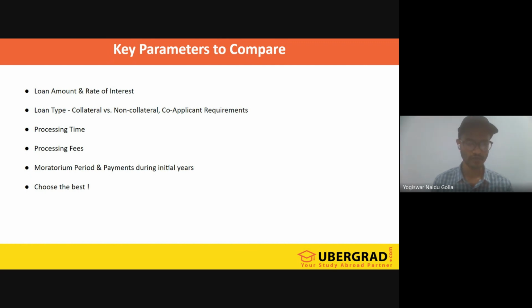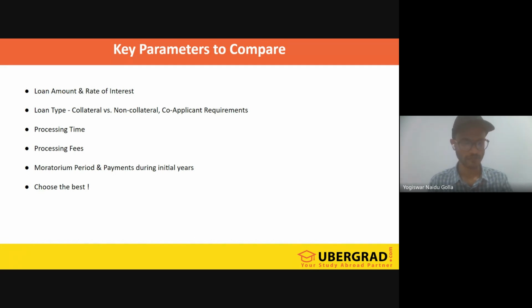So in these 3 years, you don't have to pay any single rupee to the bank. The third year will be for searching for your job. But depending upon the lender, you may have to pay a little amount of money, for example 3,000 to 5,000, to the bank or lender, depending upon every lender. Some banks take, as I said before, some fixed cuts. For example, for 3 years, they ask 3,000 to 5,000 as just a small amount of money to cover some charges, as I would say.